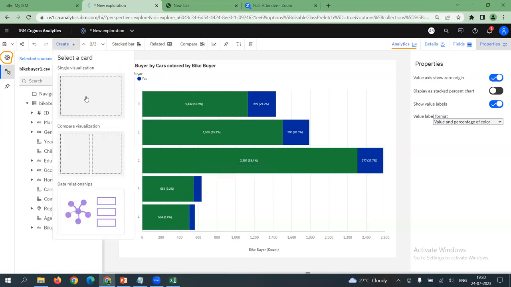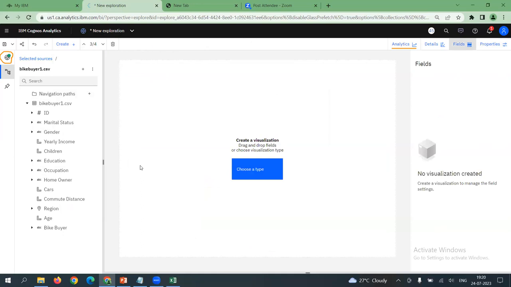I'm going ahead with one more hypothesis. The next one is, so far, if you see the visualization that we have learned in this session, either gender versus bike buyer, where our predictor is categorical, target is also categorical. Similarly, we had seen the commute distance versus bike buyer, where the predictor is numerical and bike buyer is target. That's why analytics fits any combo, whether categorical to categorical, continuous to continuous, and continuous to categorical, because rich patterns lie in all possible dimensions, I say.